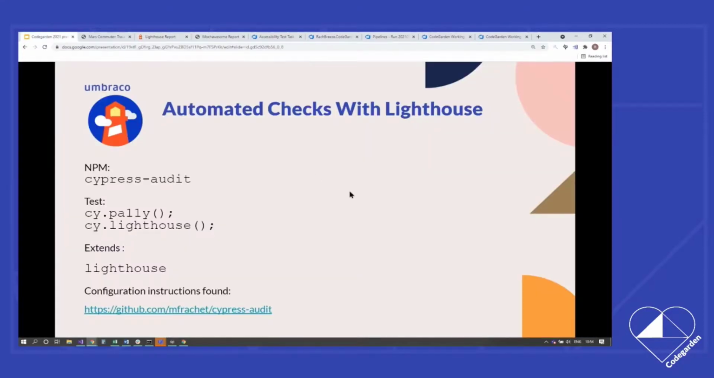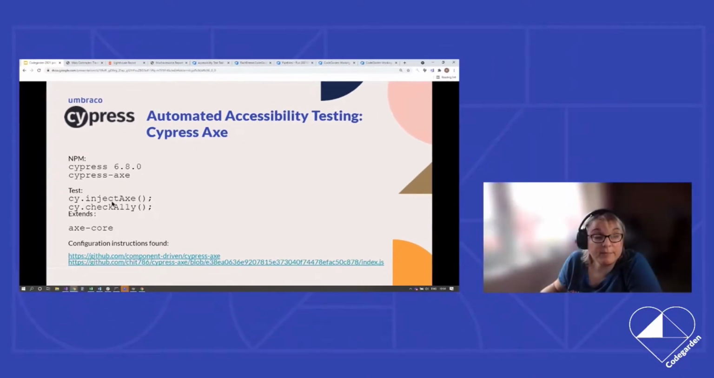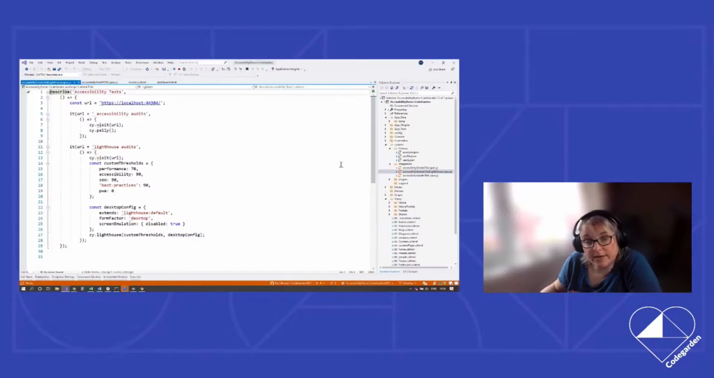And the final test option that I wanted to show you was Cypress axe itself. Now, Cypress axe is only compatible with Cypress 6.8.0. The latest version of Cypress is 7.4.0. And for the test itself, you have to inject axe, so you use the cy.injectAxe API call, and then you need to run the check accessibility call on it, cy.checkA11y. This is slightly more complicated to configure, but I will show you the basic tests here